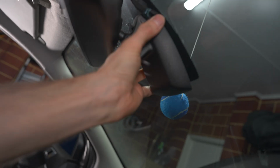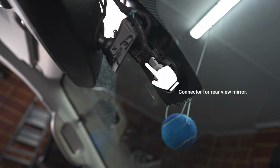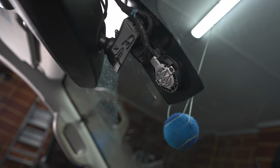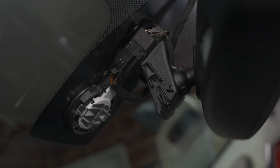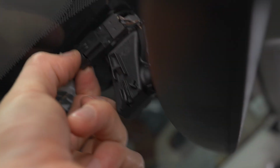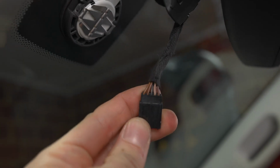In this particular car we've got two covers, top one comes off, and if you haven't removed them before they will be a bit difficult to get off, but neither of them have any screws or anything like that. Now underneath the mirror we have our connections here. Looking from the other side, this connection is the one that we're looking for. That feeds into the mirror, so we'll unplug that,